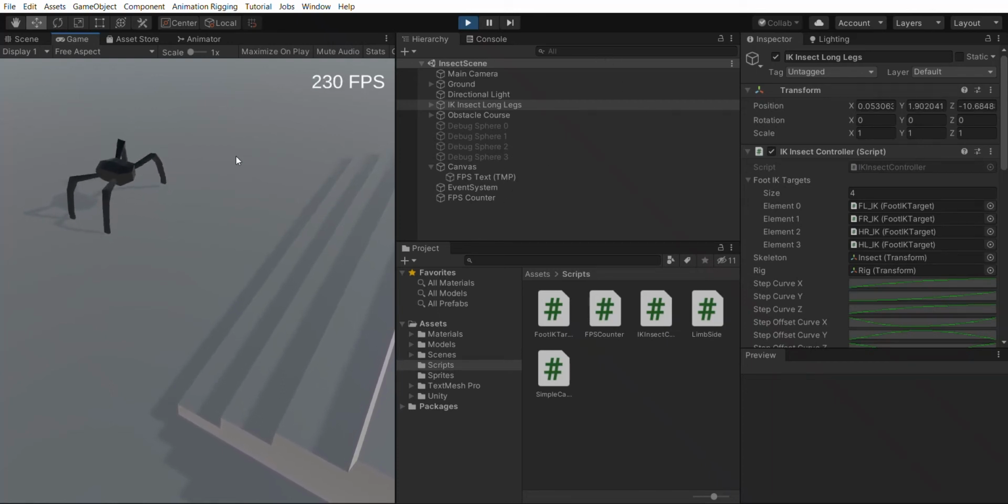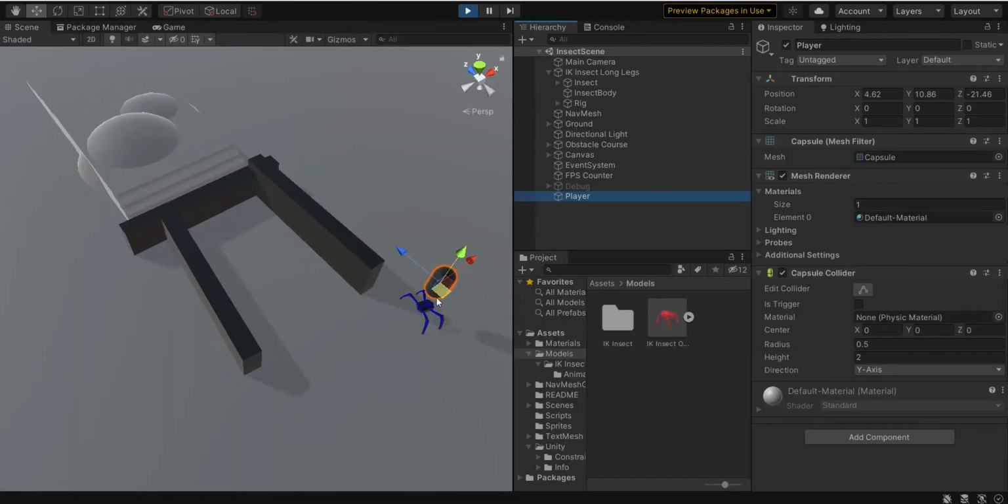I am Timmy Tayo, and this is going to be a quick guide to procedural animation using inverse kinematics and